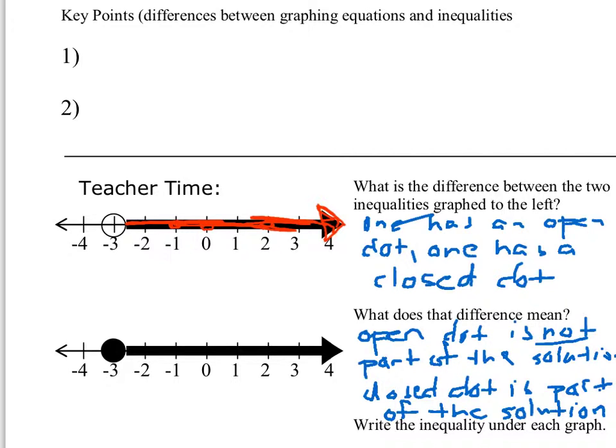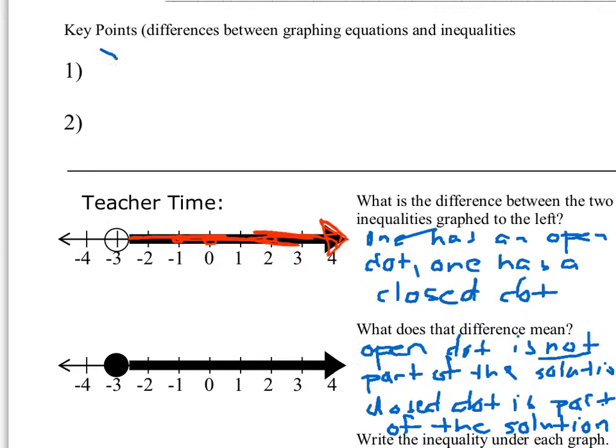Okay, and that's actually a really important detail, the way she said that. I love how she said that. She says, we use the dashes when they're not part of the solution. If we can break it down really easily though, Raisa, what is it that we will see when we know that the line is not part of the solution? Which inequality symbols? You said this earlier today, so I know you can do this. Yeah, the ones that don't have the equal sign. So greater than or less than is a dashed line